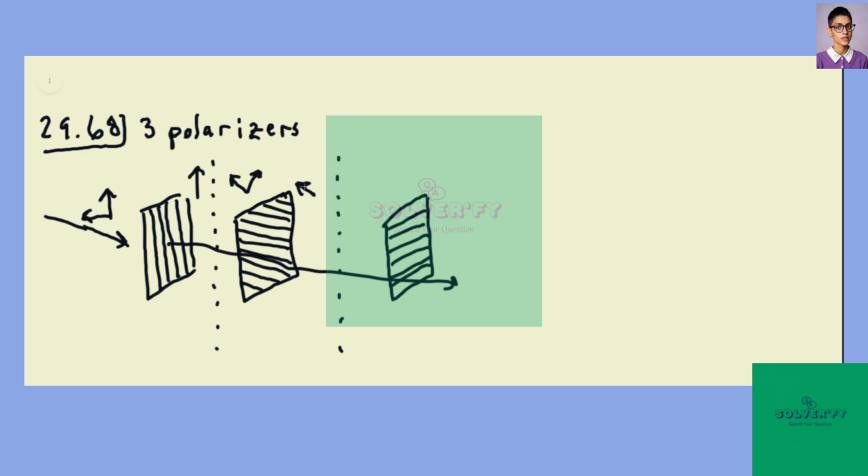And now we do the same thing again. This smaller arrow, the polarization vector, can be thought of as having two components that are parallel and perpendicular to the axis of this polarizer. And so we have some amount of horizontally polarized light coming out here, even though there is only vertically polarized light after the first polarizer,